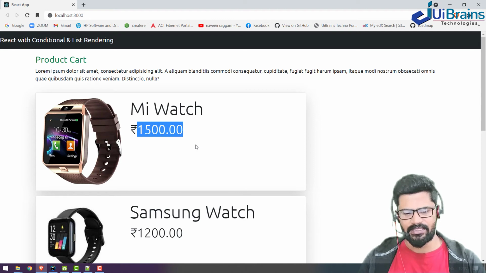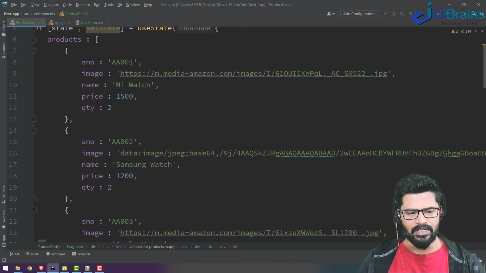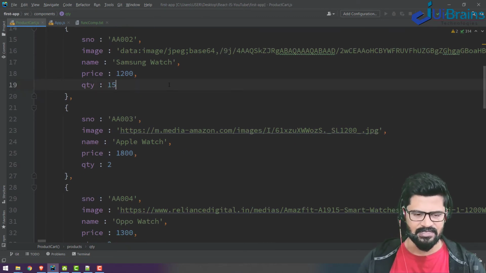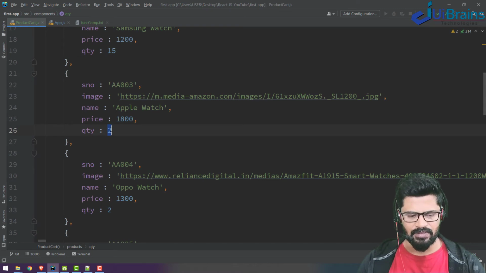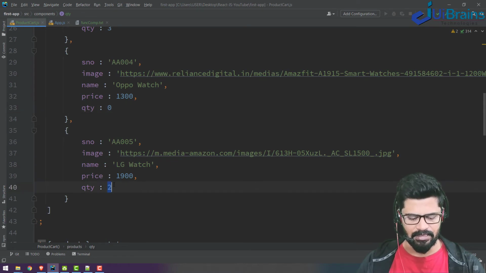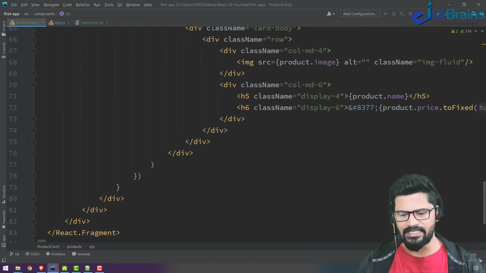Okay, looks good. Fine. And below that I want to display another content. For example, only quantity is there, na? Yeah, quantity, I'll take available quantity 25 items. So here some 15 items, and here just 2 or 3 items. Here 0 items, and here 12 items. Okay, so if you wish you can display the quantity.